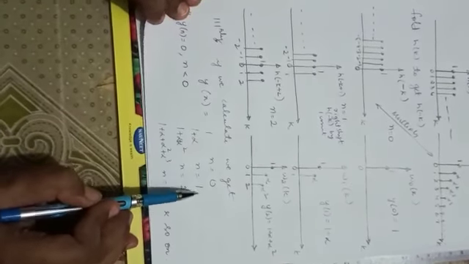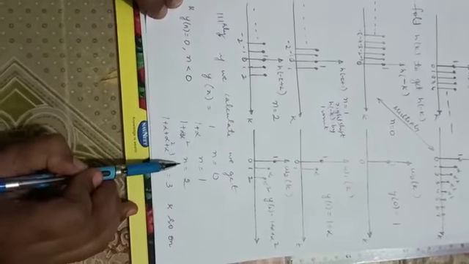Similarly, if we go on doing like this, we will be getting values like this. For n equals 0, it is 1. When n is 1, 1 plus alpha. When n equals 2, 1 plus alpha plus alpha square. For n equals 3, 1 plus alpha plus alpha square plus alpha cube, and so on. And y of n is 0 for n less than 0, which anyhow we know from the existence of these signals.